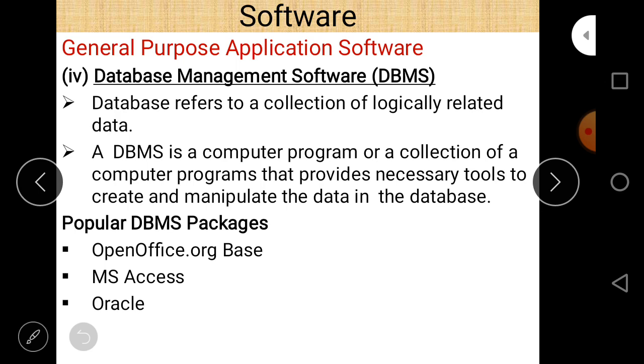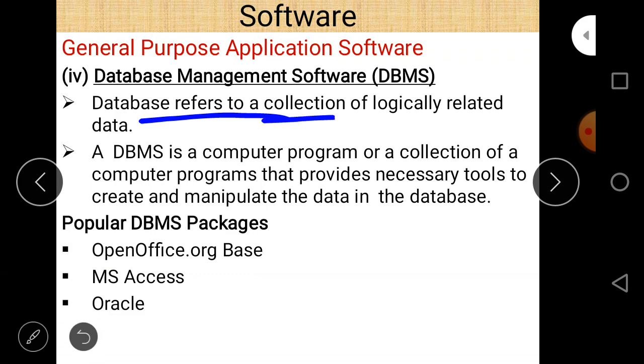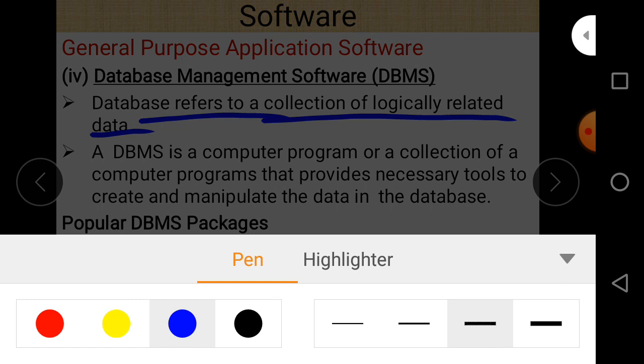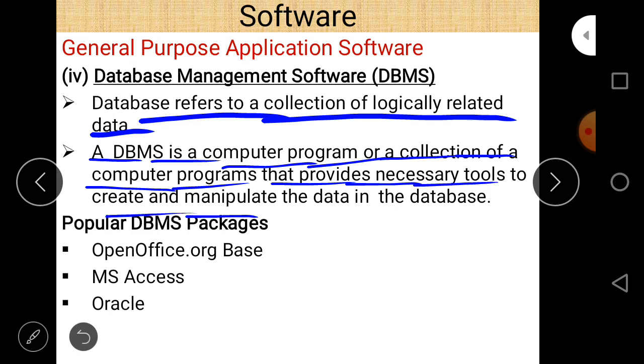Now look at this point given here. Database refers to the collection of logically related data. It is already discussed here. And a DBMS is a computer program or a collection of computer programs that provides necessary tools to create and manipulate the data in the database.